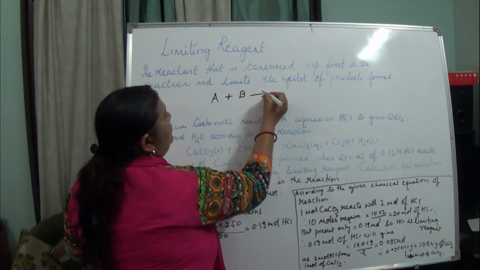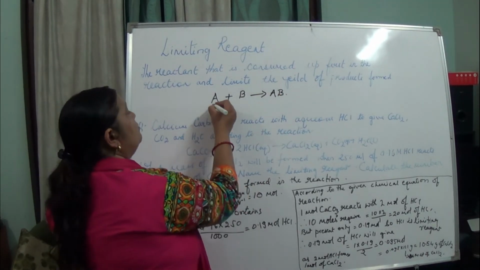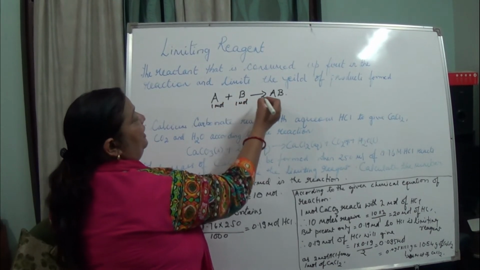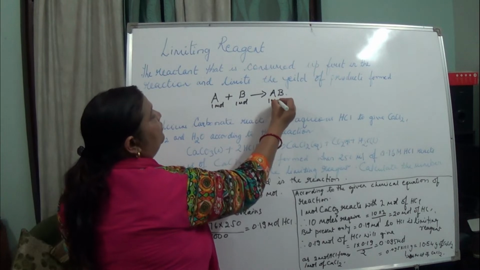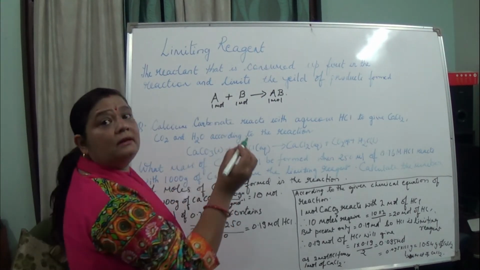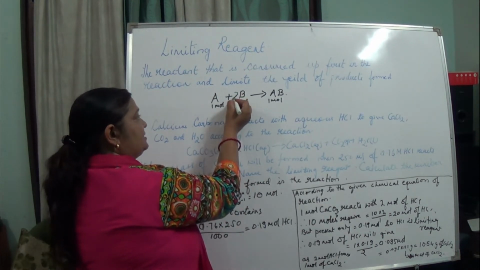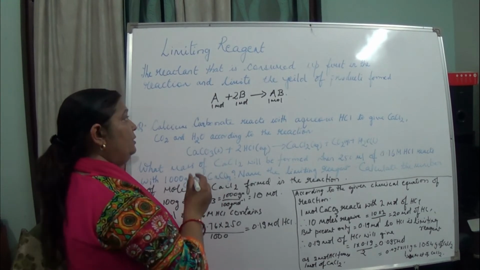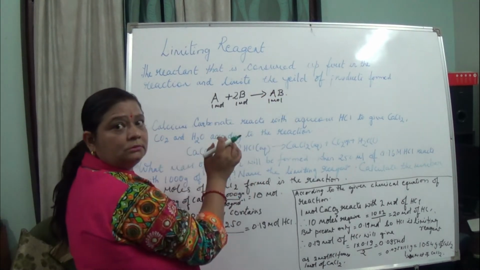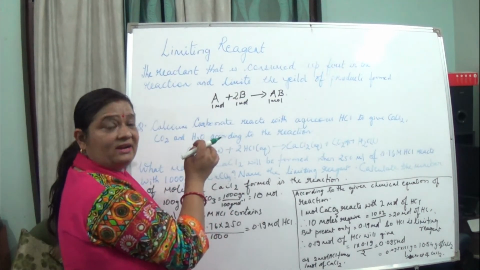B to form AB. So here we are saying that 1 mole of A reacts with 1 mole of B to form 1 mole of AB, isn't it? So if I am increasing the reactant B, suppose instead of 1 I am taking 2, the product being formed is AB only, it is not AB2, isn't it? So here the 1 mole which we have increased right now